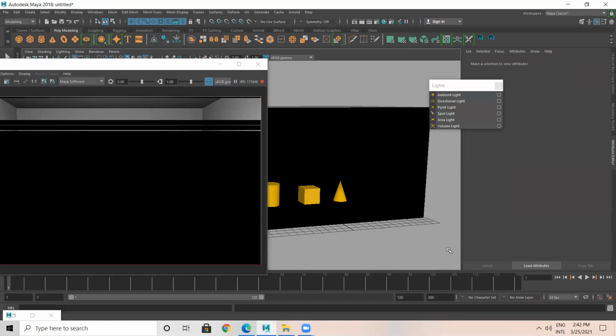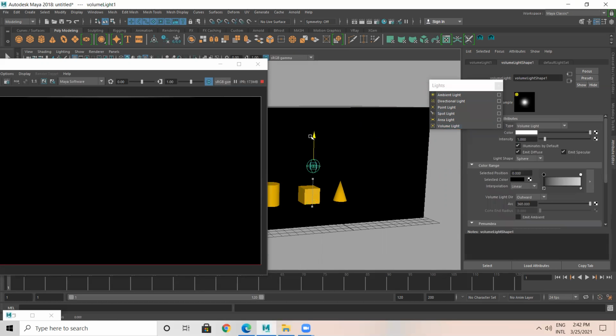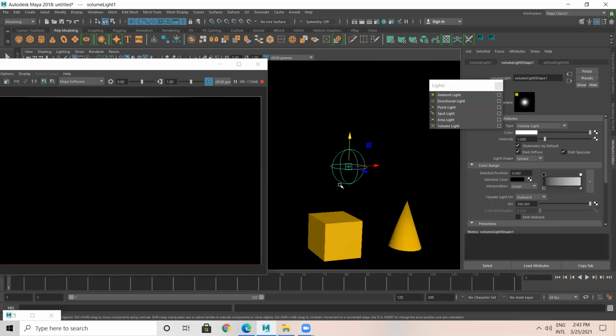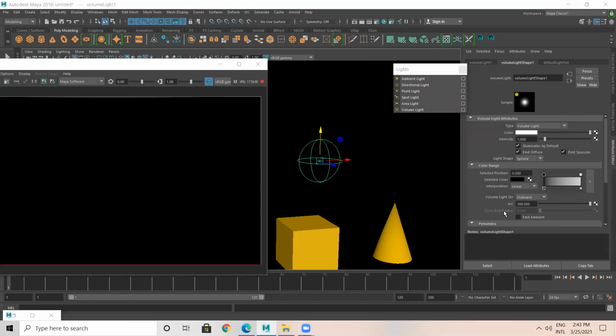So I'll take off area light. Then I'll be using volume light. Volume light, this is something special. Inside this or outside this, you get light like that. So volume light has a wide range of options. Volume light direction, you want outward or inward, and what type of light you want. Dark light or bright light? I want a bright light, and I want outward. Intensity you can increase.